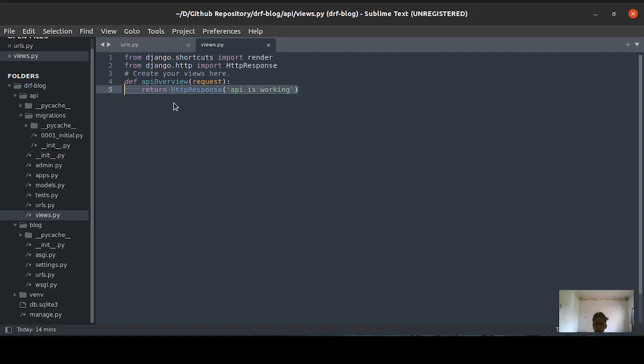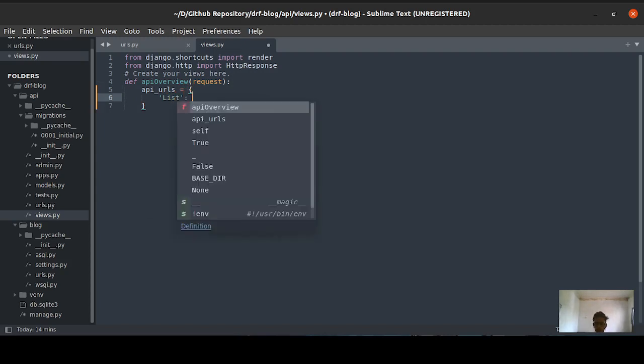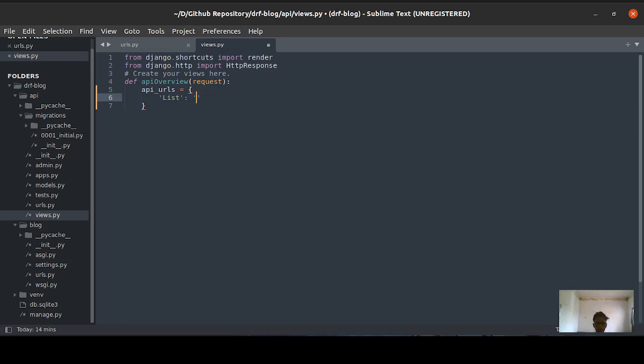So what you need to do here is let's specify all the URL endpoints that we are offering. Let me try to make a dictionary of all these URLs. You have one, the list, where you will show all the blog list. So you will simply say API blog list endpoint. Anyone who tries to visit this particular endpoint will be able to see all the blogs.